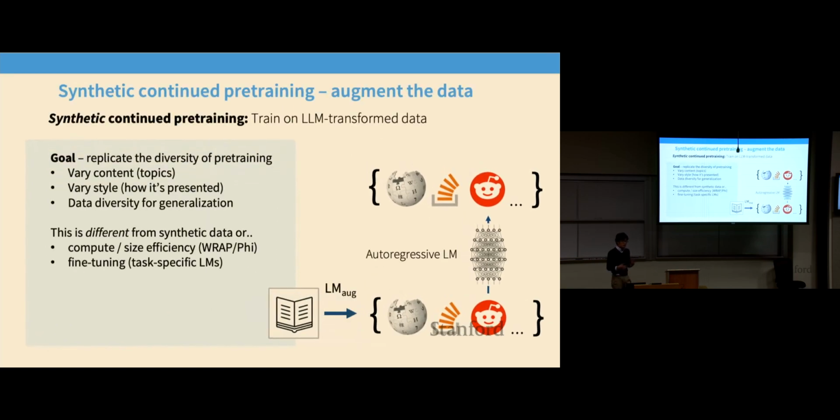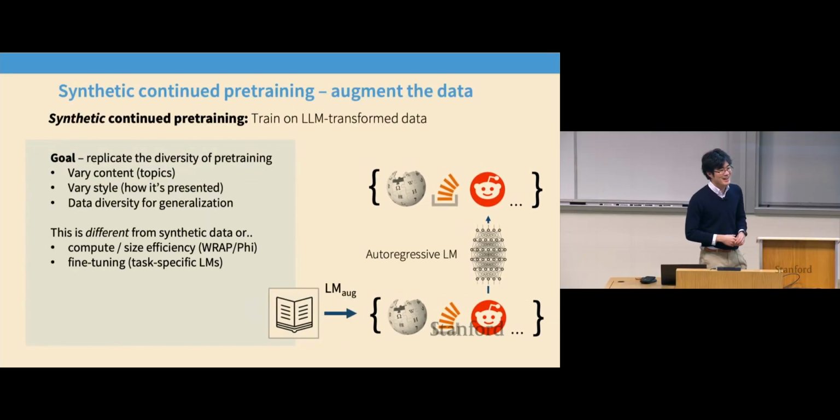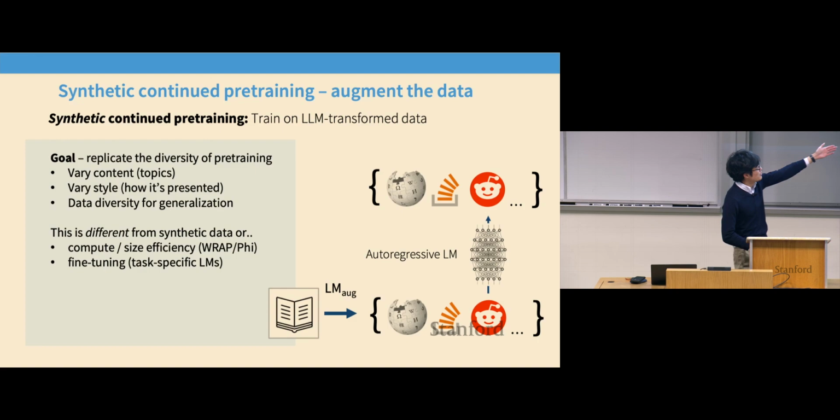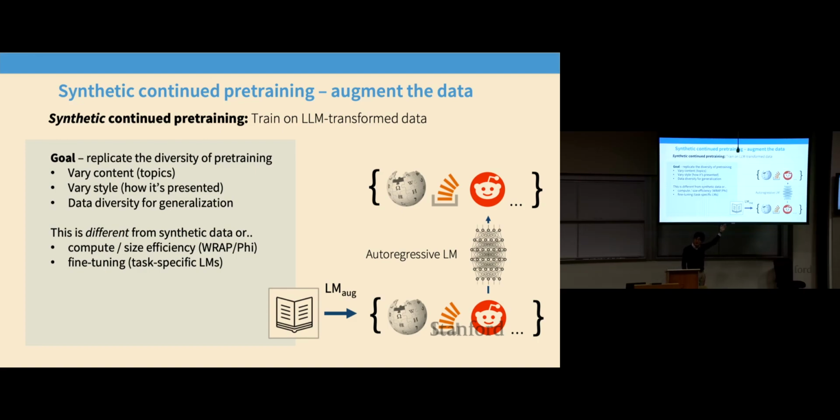I told you earlier in this talk that I am not going to do anything sophisticated at all. All I'm going to do is take my continued pre-training data, in this case let's say a single book. And let's say, hypothetically, that I could rewrite that single book in millions of different ways. I could rewrite it in ways that look like Wikipedia or Stack Exchange or Reddit or whatever. I can emulate what this piece of text would look like if it were a whole bunch of internet websites. Let's say I could do that, right?